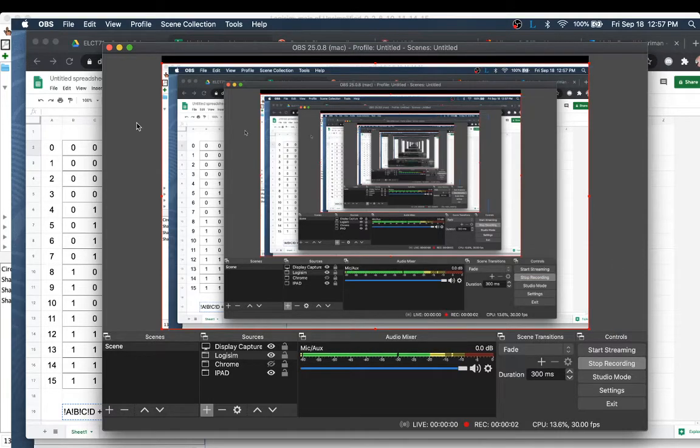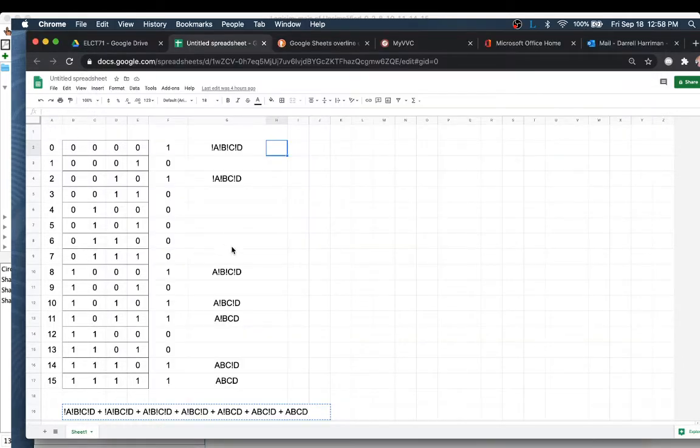Hello, I'm Daryl Harriman from the Electronics 71 Digital Electronics class, and I'm going to take you through a circuit design using Logisim. But first we have a truth table, and on the truth table we have all of the 4-bit input combinations. So with 4 bits, 2 to the 4th power is 16, which means we have 16 combinations that go from